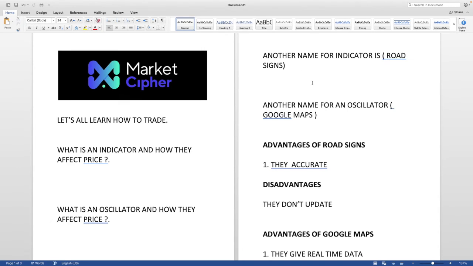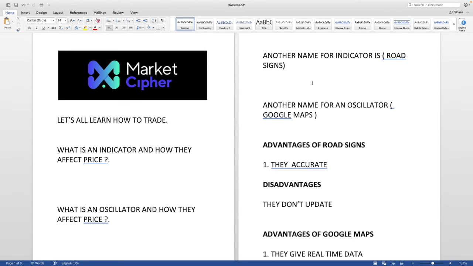And another name you can use for an oscillator is like your Google Maps. So what are the advantages of your road signs? Your road signs are accurate, of course. They are telling you the distance that you need. If you're making a journey, the distance that they say you can cover. If you see a road sign that says 10 kilometers up ahead, that's 10 kilometers up ahead. That's the distance. So first of all, they are accurate, but one of the disadvantages is they don't update you